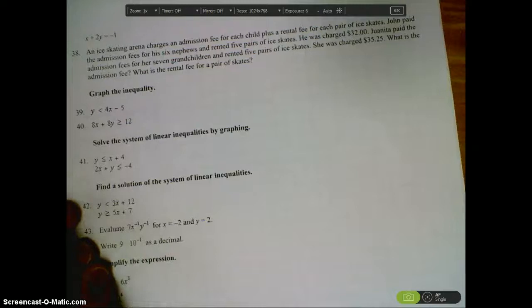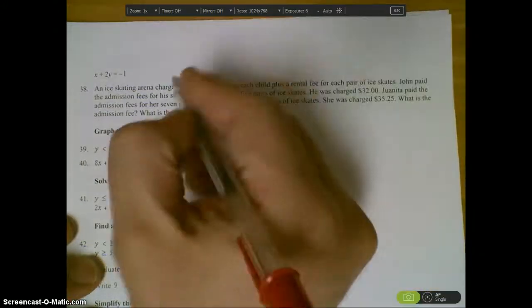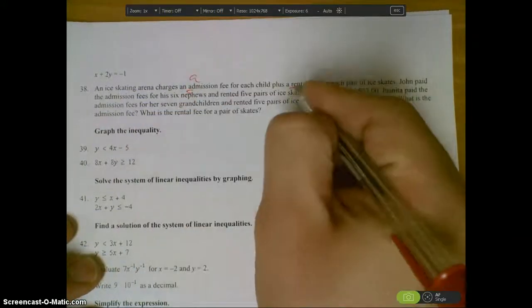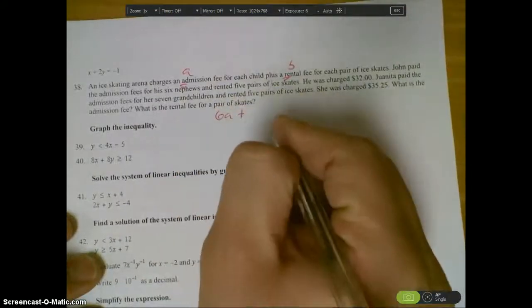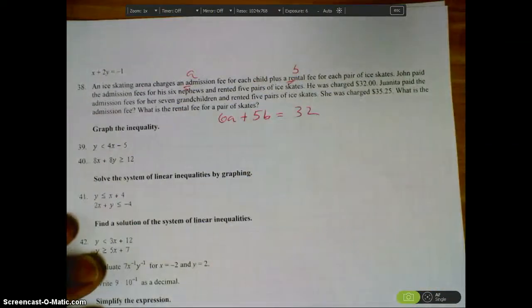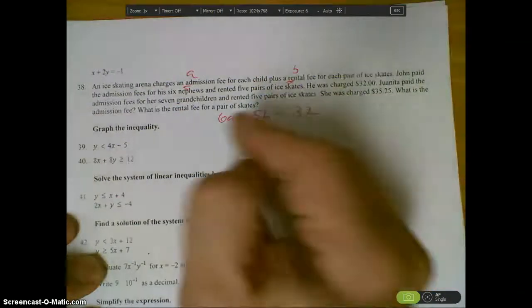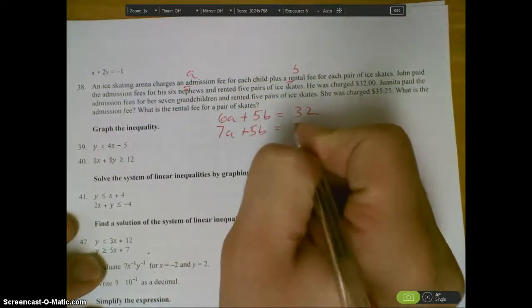38. Story problem. Ice skating arena charges. A lot of questions on this today in class. An ice skating arena charges an admission fee for each child plus a rental fee for ice skates. John paid admission fees for his 6 nephews and rented 5 pairs of skates. So I'm going to call the admission fee A and the rental fee B. So John had 6 nephews, so he paid 6A, plus he rented 5 pairs of skates, and he paid a total of $32. And then Juanita had 7 admission fees and 5 rental skates, and she paid